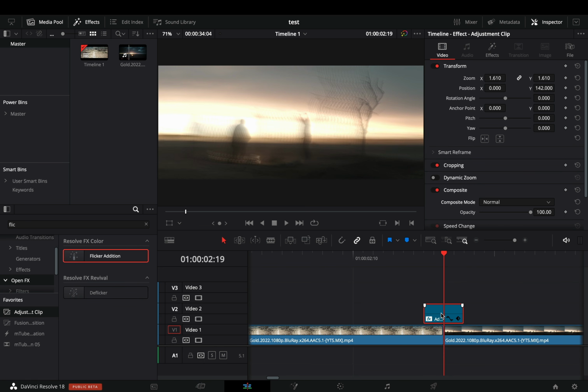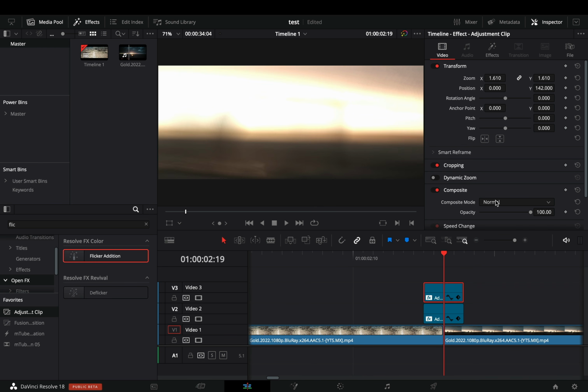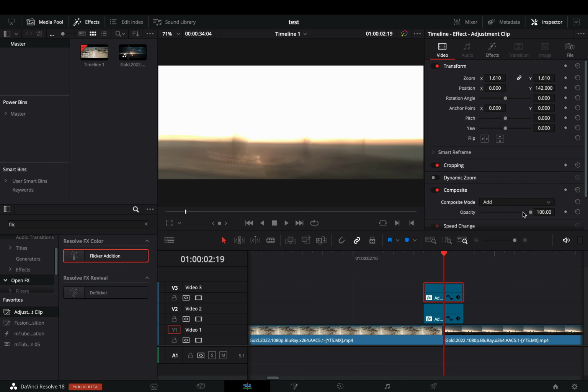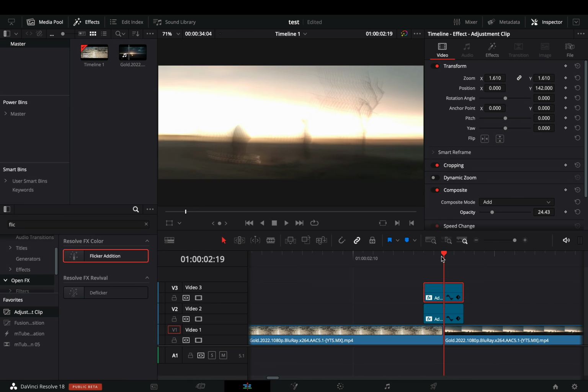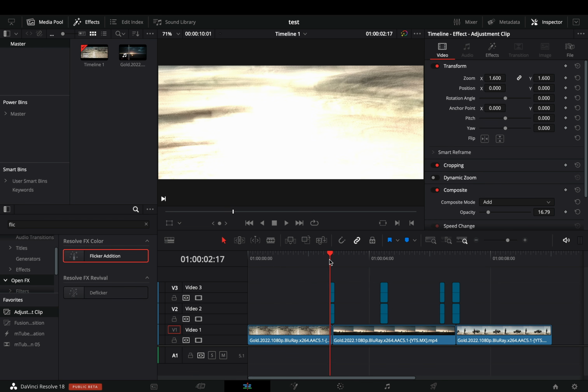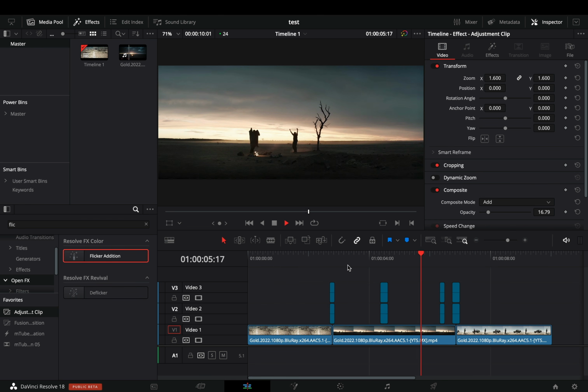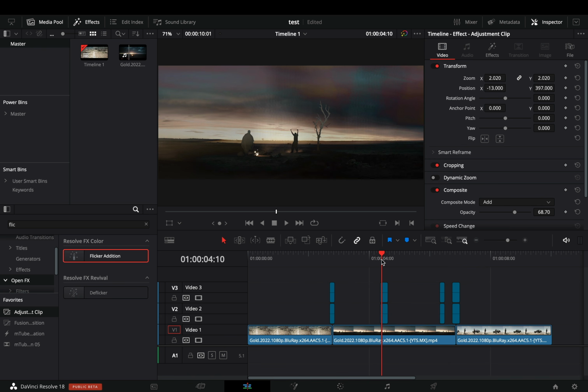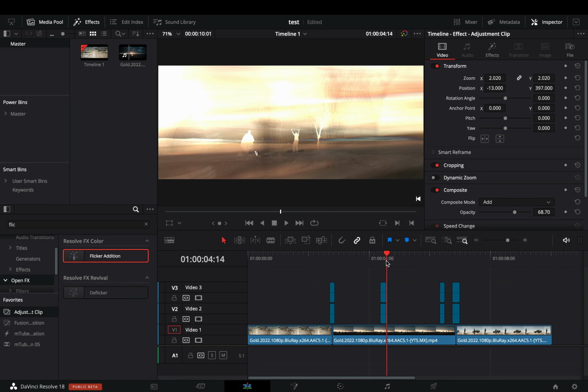What I like to do is to duplicate the adjustment clip, change the composite mode of the second one, and bring down the opacity of it. Copy those adjustment clips and place them over the next cut, or just on one clip. Adjust the effects parameters, and experiment with a different composite mode each time, and you'll get very fast a bunch of